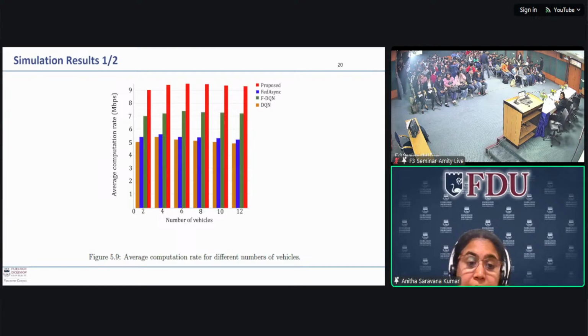And also we can see in the figure that our focus is on the computation rate, to increase the computation rate, right? With the number of vehicles, we have checked how the computation rate behaves in megabits per second, and this figure illustrates very clearly the average computation rate of the vehicle for the 4 distinct algorithms. As the number of vehicles increases, our proposed algorithm